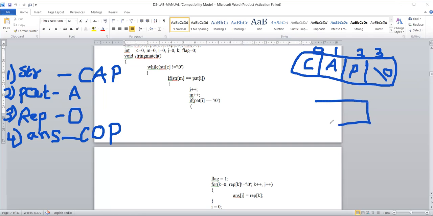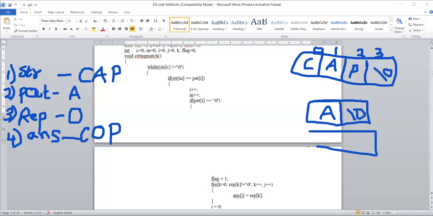And in the same way the pattern string also; for ease, I have taken it as a single letter. Actually, it can be two letters like XX and TT, or in the sample they have given AAB as a pattern. Two letters, three letters, n number of letters you give in the pattern, it will work, followed by /0.